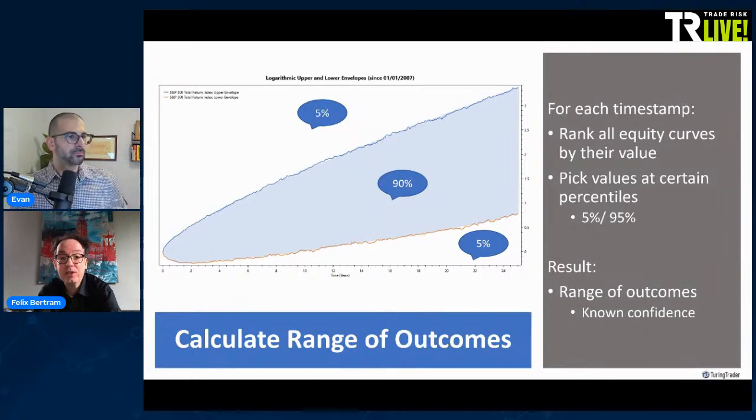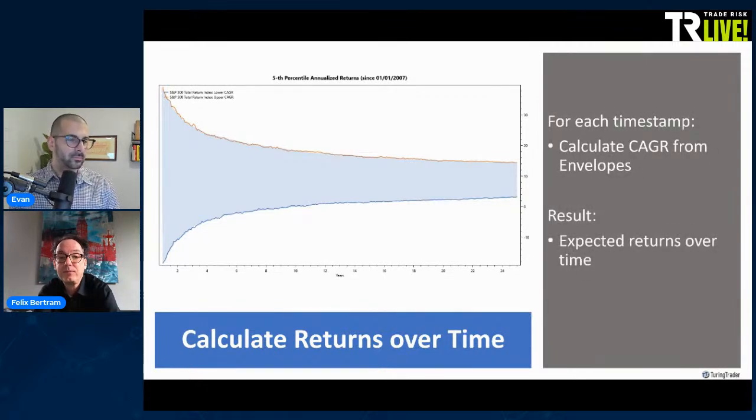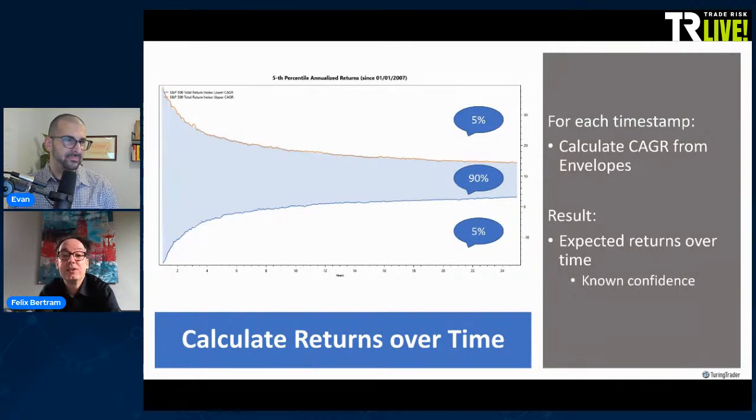This is still not particularly useful because now we're still dealing in terms of equity over time. What we really want is returns. And so we can create this by basically dividing this by time. And now we get this. Now we can see that the white side is on the left. So now we know what the expected annualized return is going to be over time. And the same confidence intervals apply. And this is actually something that I've not seen done before and that I wish that other platforms would actually do, because it's actually surprisingly useful.